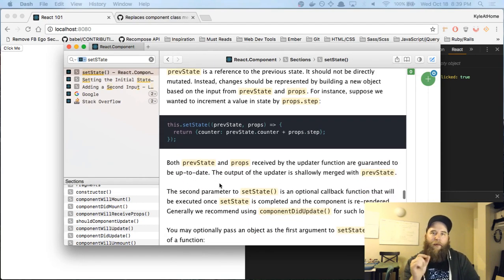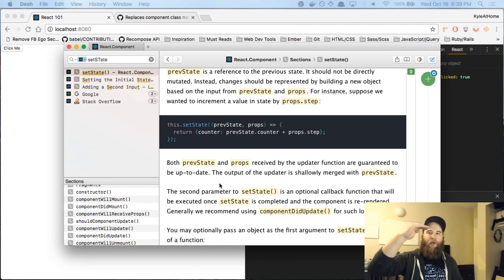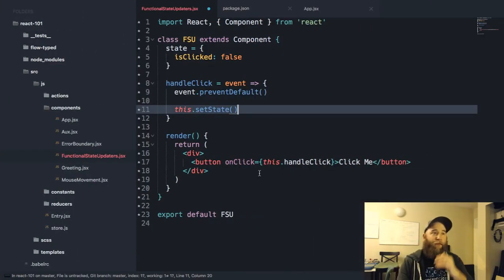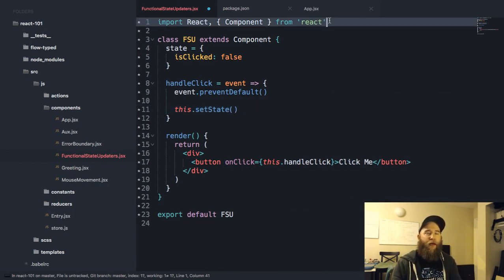What's great about using these functional updaters is that instead of getting batched and merged, they get thrown into a queue and executed in order. Because they're executed in order, you can guarantee that each of the ones you call will update state in the order you expected to do so. So you have that benefit. But you also end up with the benefit of just being able to pass functions with that signature into it.